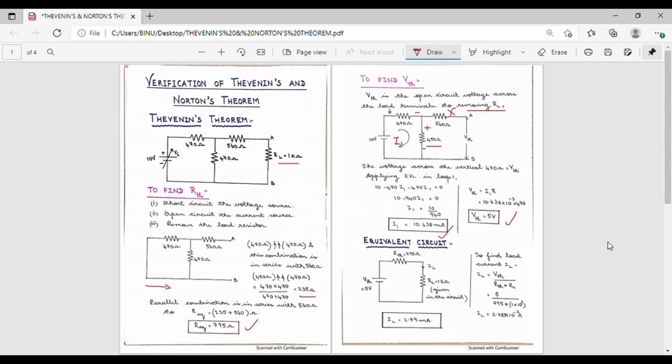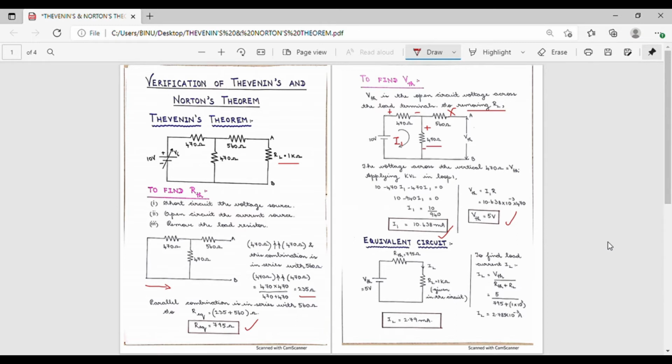Since the value of the load resistor is given in the circuit, we have drawn the load resistor in the equivalent circuit. Suppose in the question they have not given the value of the load resistor, the equivalent circuit can be formed with the VThevenin as well as RThevenin itself.